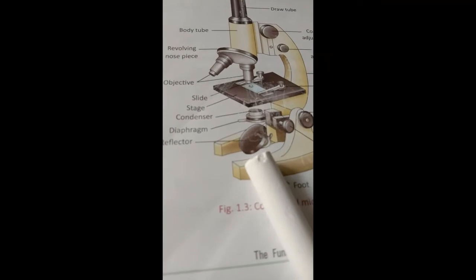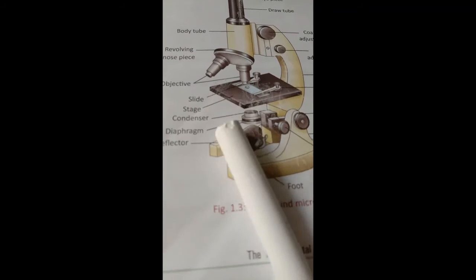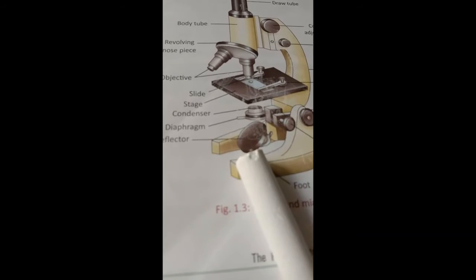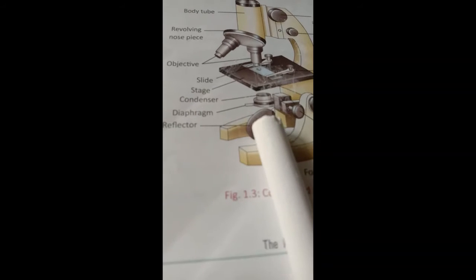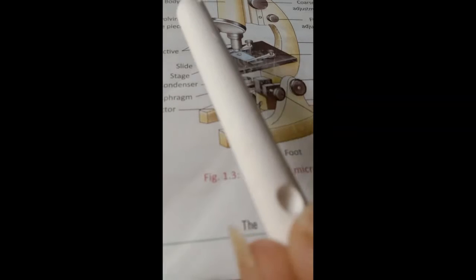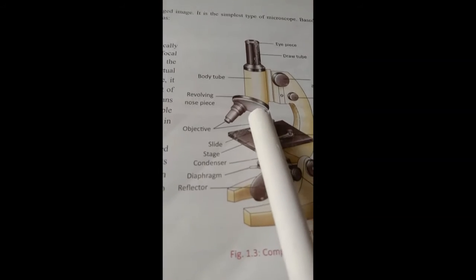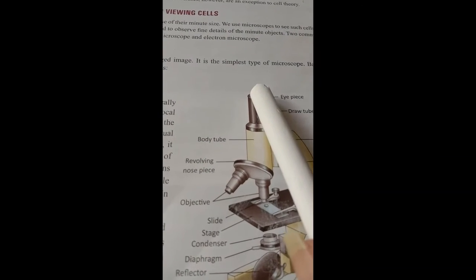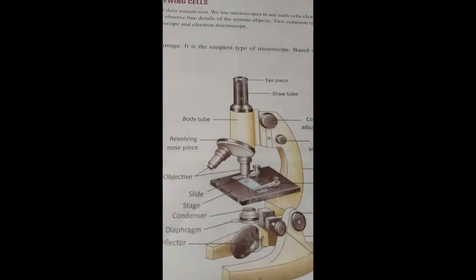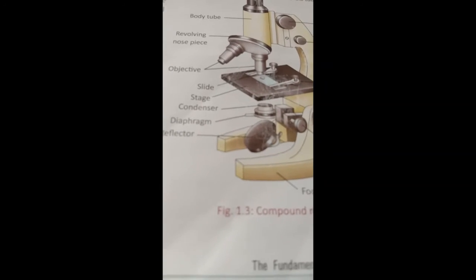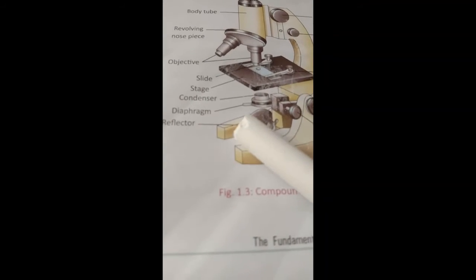Now here you can see the reflector. This is a lens through which the light falls, and this light is then passed to the condenser, which reflects it to the objective lens, and this objective lens gives the image here, which travels in a straight line. We know that light travels in a straight line, so it travels straight here, and we observe the thing from the eyepiece. So here you can see a reflector, that is the lens.